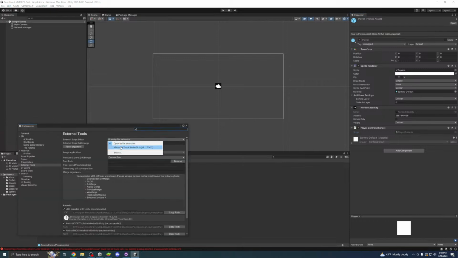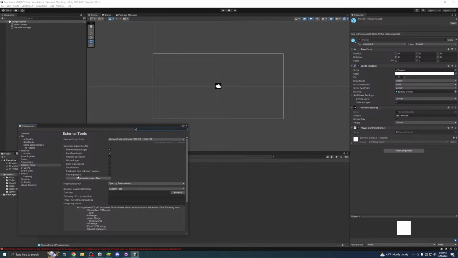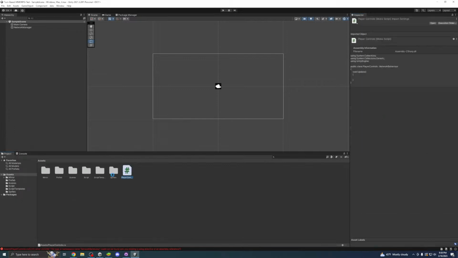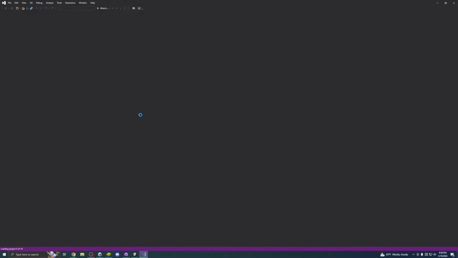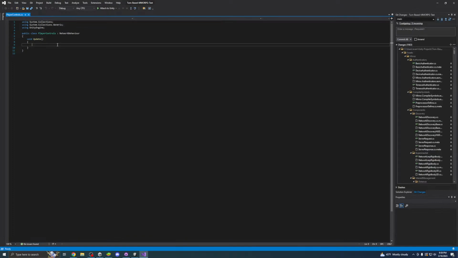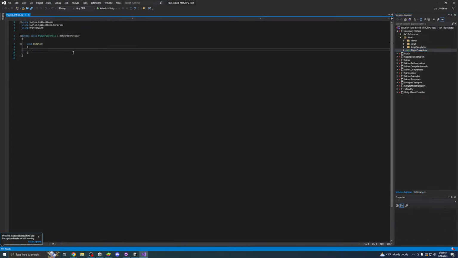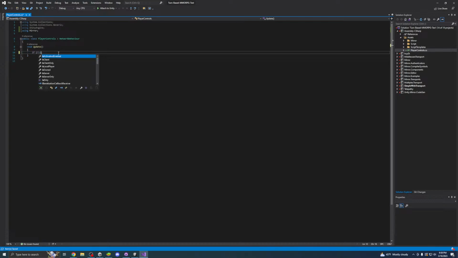For some reason it changes this back to open by a file extension every time, and it annoys me a lot. Because none of it works. Okay, network behavior. Is that working? No, because they're not using it. Okay, there we go. Now, if it is not local player, then return. So we're not doing that, and then we can just simply say